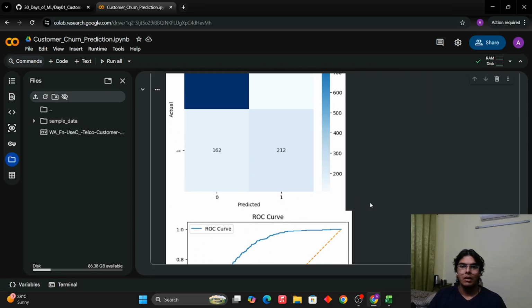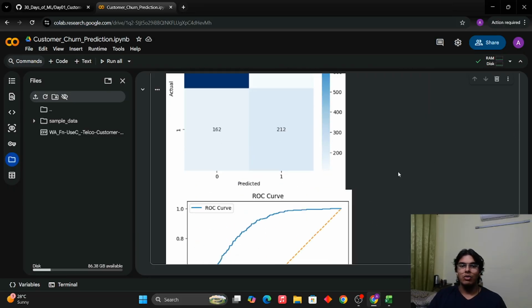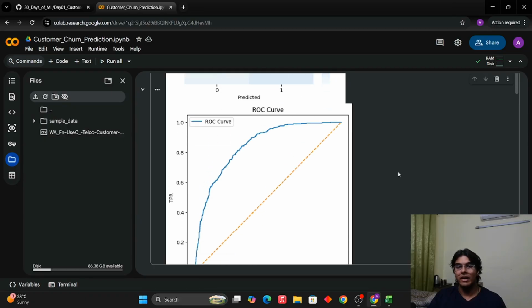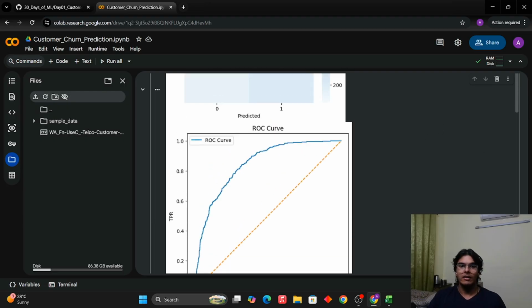This is again the ROC curve, very important. ROC curve is the receiver operating characteristic curve. It plots the true positive rate versus the false positive rate. So this value should be as close to 1 as possible, as high as possible. 1 is the maximum value it can have. 0.5 means that it is a randomly guessing model, and 0 just means that the model is worthless. So we got a pretty good value right here.